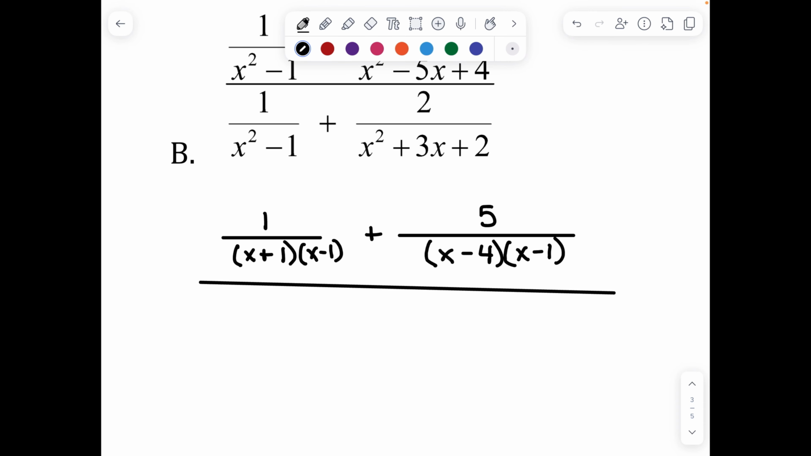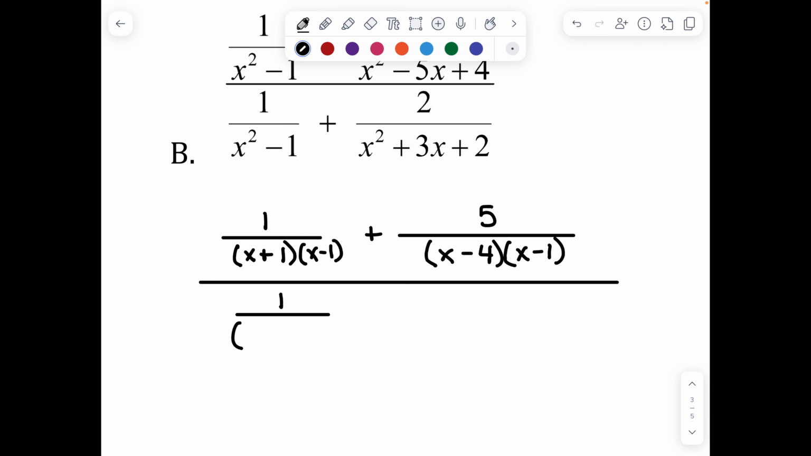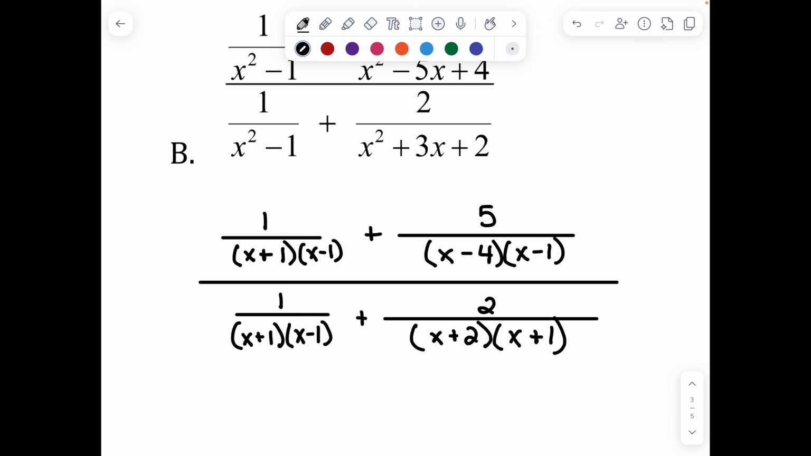This is all over 1 over, this gives me x plus 1 times x minus 1 plus 2 over x squared plus 3x plus 2 factors into x plus 2 times x plus 1. So now I need to look at all of my denominators here. I see I have an x plus 1, x minus 1, so that needs to be in our LCD. This x minus 4 needs to be in our LCD, and this x plus 2 needs to be in our